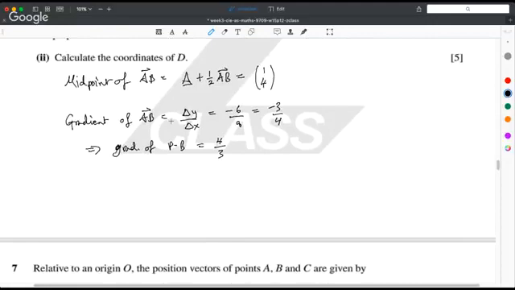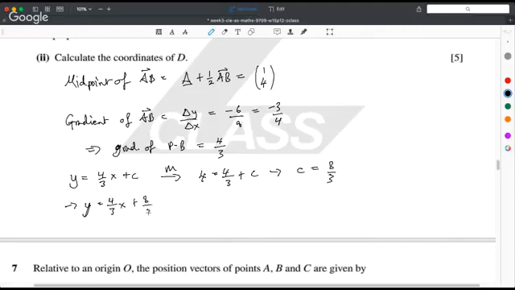So this means that so far my equation for the perpendicular bisector looks like y is equal to 4/3 x plus c. I plug in M, and because M is obviously on this line, I get that 4 is equal to 4/3 plus c, which means that c must be equal, of course, to 8/3. So now I've got that y is equal to 4/3 x plus 8/3, and now I'm looking for the